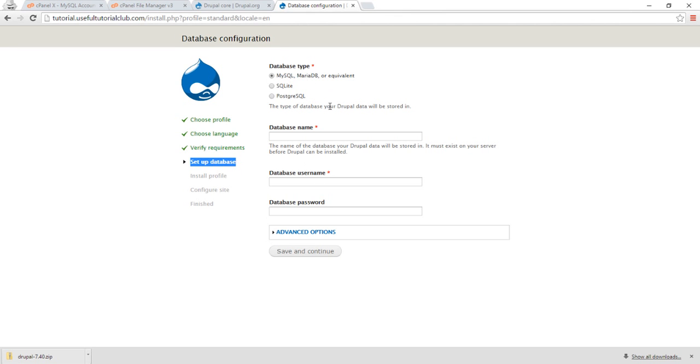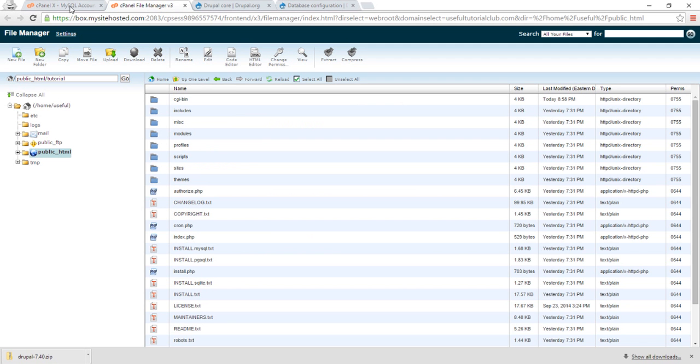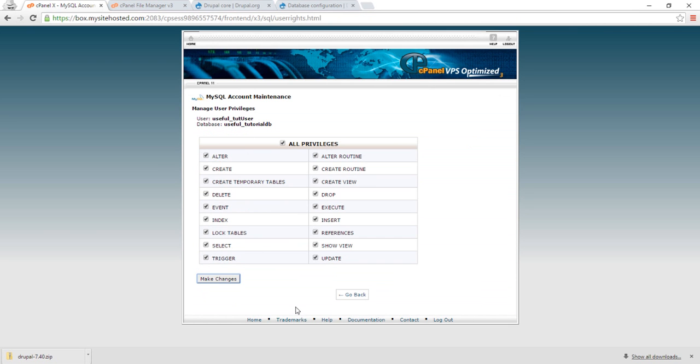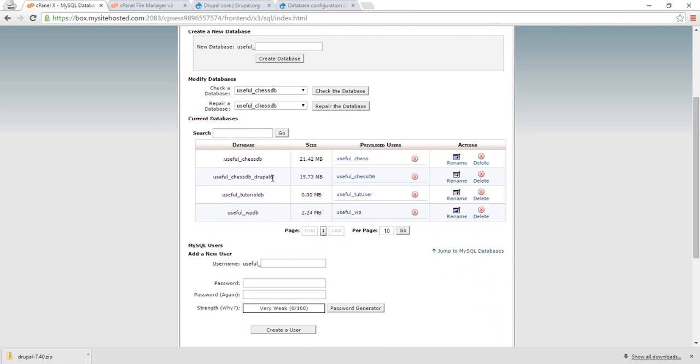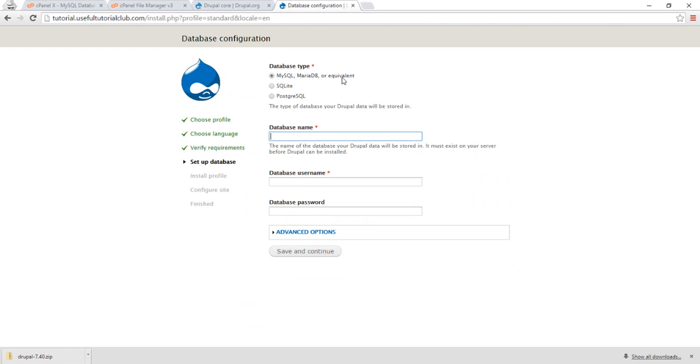Here, at first we have to choose which type of database we want to install. Drupal supports several types of database like MySQL, MariaDB or equivalent, SQLite, and PostgreSQL. Right now we are using a MySQL database. Now we have to type the database name, database username, and database password. So database name we can easily access. Here the database name is, so we have to go back to the home page of our MySQL database. Then this is the database name, so I am copying it